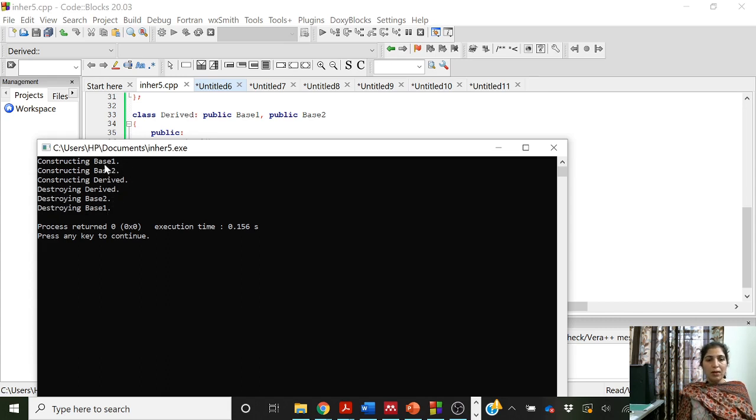So the construction order is in the order of inheritance and order of derivation from left to right, base 1, base 2, derived, and the destruction order is opposite, it is reverse. So derived, then base 2, then base 1.